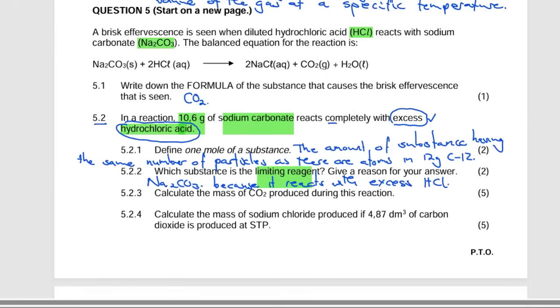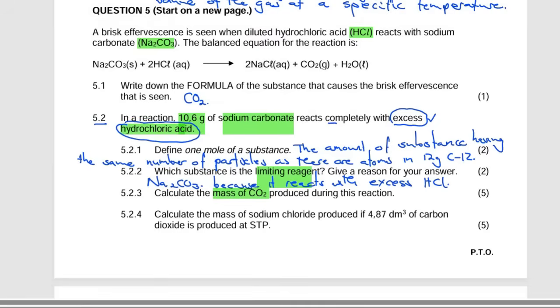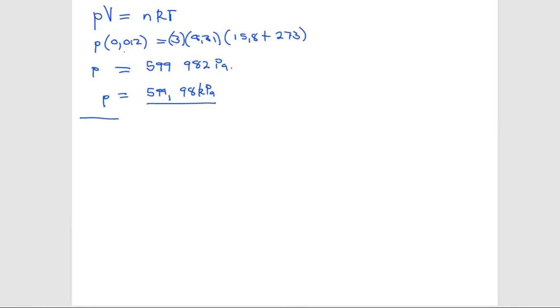Then 5.2.3 says: calculate the mass of carbon dioxide produced during this reaction, right? So we're looking for the mass of carbon dioxide that is going to be produced during this reaction. What you are going to do is calculate the mass. So let's start with the data that we have. Let's calculate the molar mass of